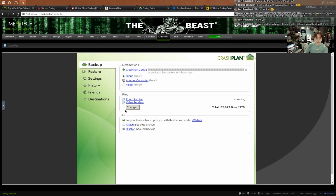I used to run it on my desktop, but now I back up to the server and then back up from the server to CrashPlan rather than tie up CPU cycles and all that kind of stuff here on my main system. So right now, CrashPlan kind of has my vote of approval on it. There's still a lot of things about their app